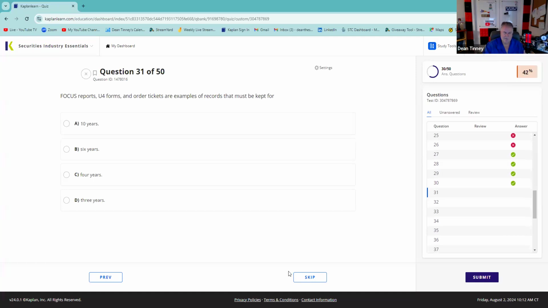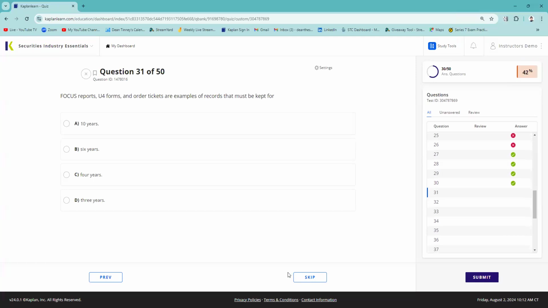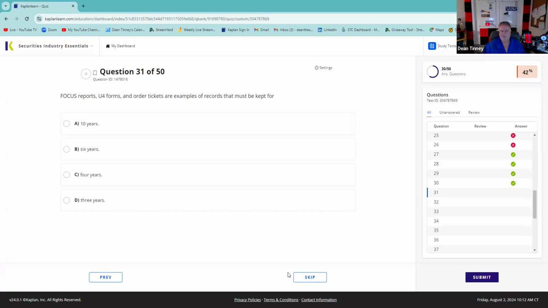Focus reports, U4 forms, order tickets are examples. So this one I started to freak out and wonder what they are asking an SIE person about a focus report. My mind went somewhere it doesn't need to go. Focus is how we report net capital. But then I calmed down, because then it says U4s, order tickets. So we're being tested on knowing that the vast majority of brokerage firm records are